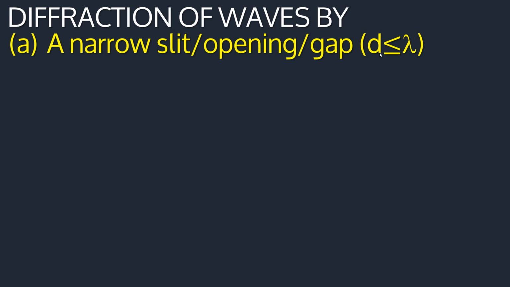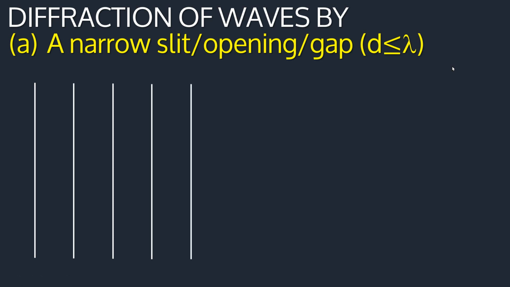Now look at this. Part A, if you have a narrow opening, by a narrow opening, this is what we mean. You have a wave incident. These are plane wavefronts incident onto a barrier. So there is a barrier, but this barrier has a hole. Now, what will happen won't be reflection. The energy will squeeze itself through this space. Remember, waves carry energy. So when this wave is incident onto this barrier that has a hole, the energy will